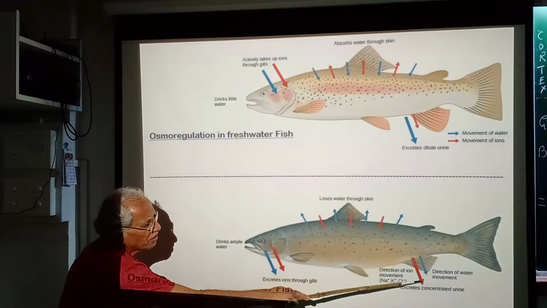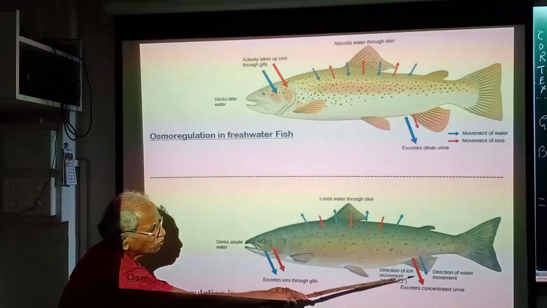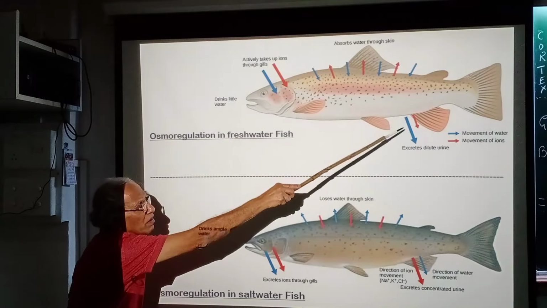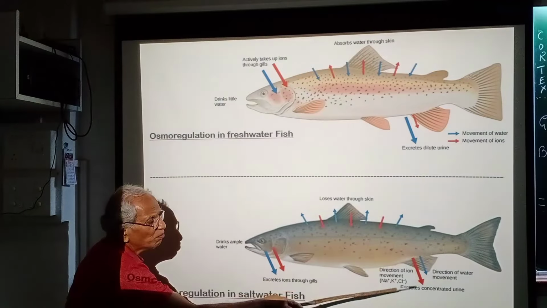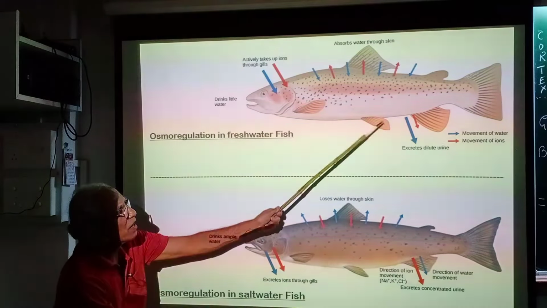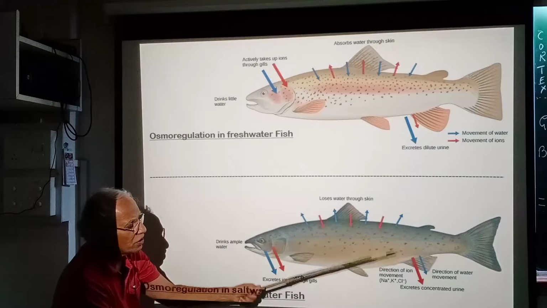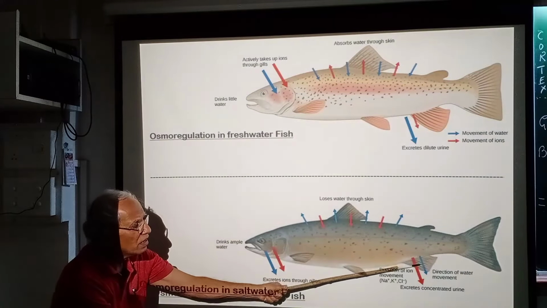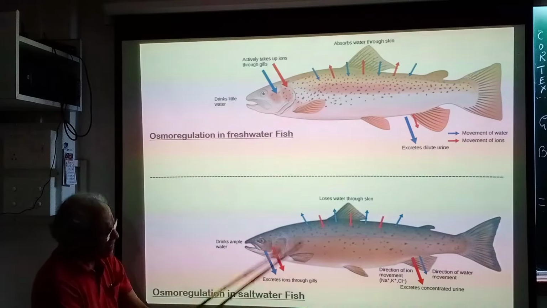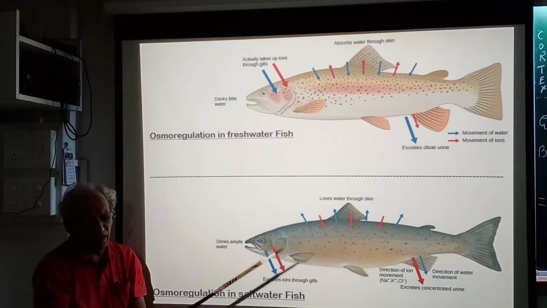And here the red things is salt. Salts are also being removed. Here also salts are being removed through the urine. But here more salts are removed through the urine and less water is being removed. Compare this arrow. Here more water, less salts. Here more salt and less water. So these are the things. Details may not be necessary, but you should have